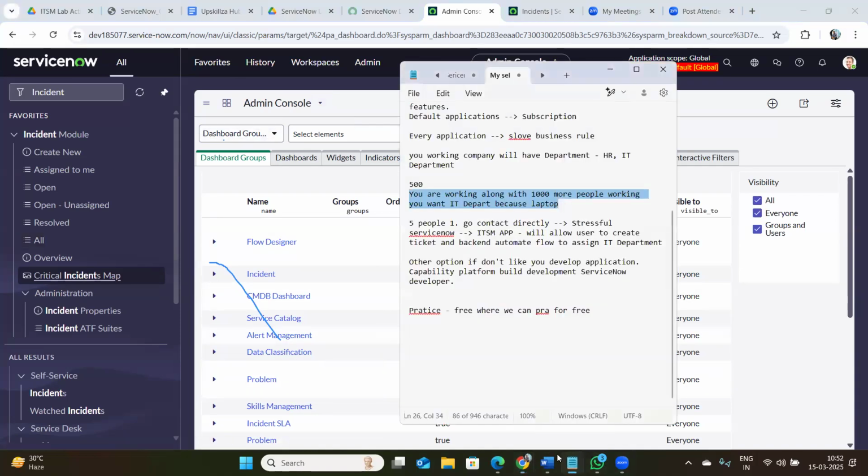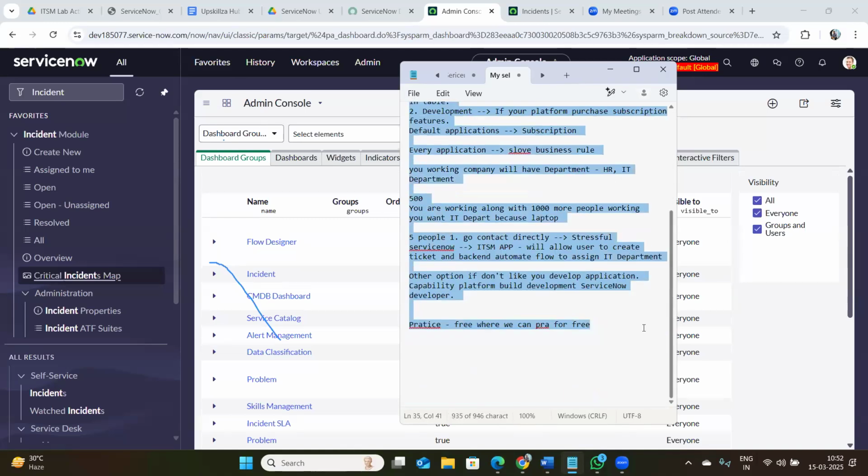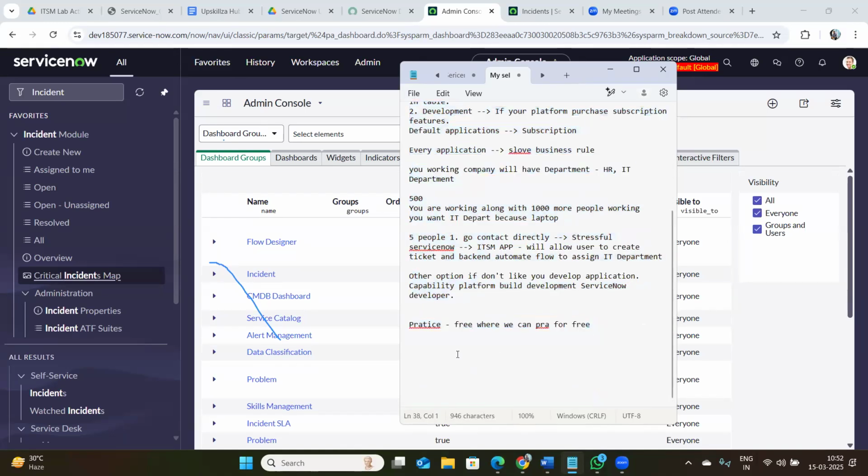Anyone can learn it. It's free. And whatever you want to learn, we will also give you activities. I will show you in a minute. So in this platform, you can learn anything. This is about ServiceNow, if someone is not aware of what ServiceNow is. Coming to our course structure and what the course is about and what we are providing,